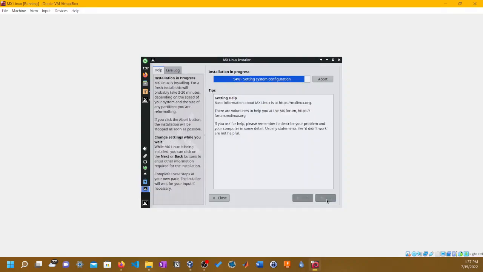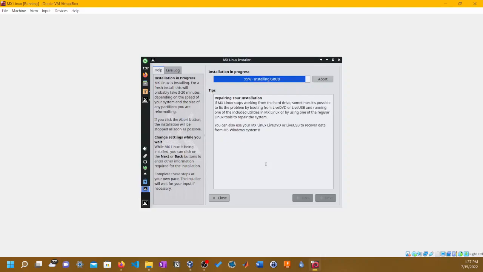So click next, and hopefully it's going to set the system configuration. Also, the best part about VirtualBox is that if anything happens to an operating system, it happens in the virtual machine, not on the host. So your host is protected. Running your operating system this way is much safer.